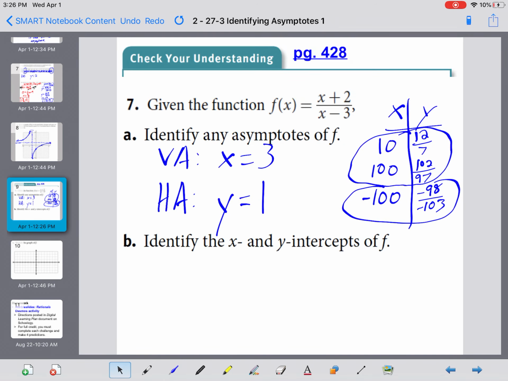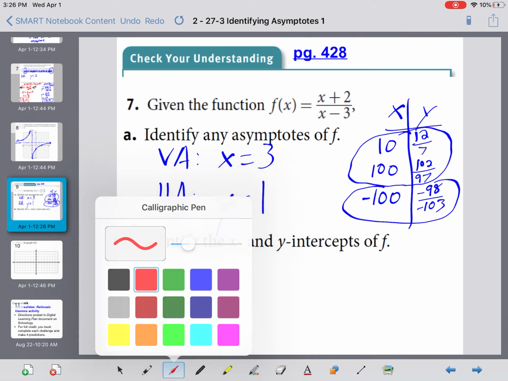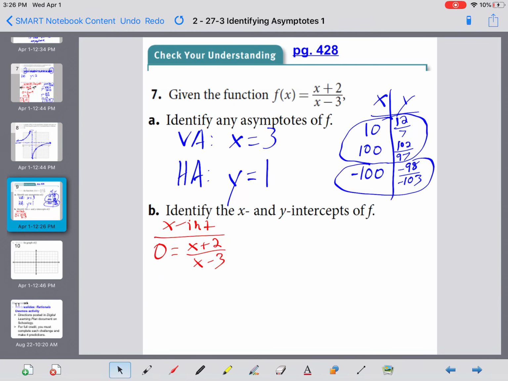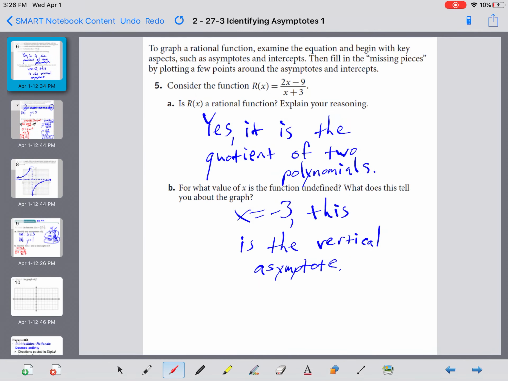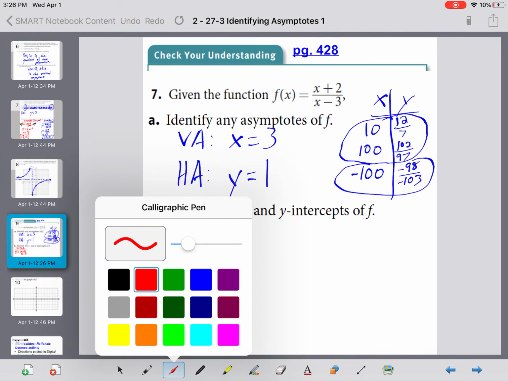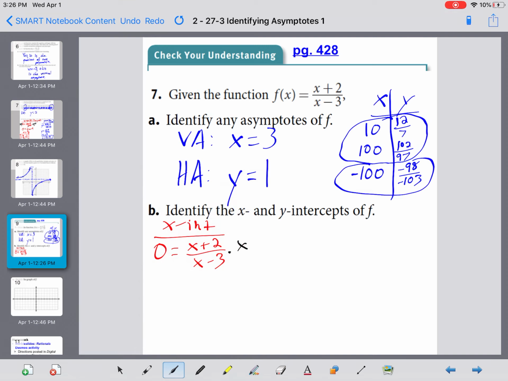Okay. Now, x-intercepts. For x-intercepts, we plug in 0 for y. If I plug in 0 for y here, I get 0 equals x plus 2 over x minus 3. I multiply both sides by the denominator, x minus 3. Now, you're going to see a pattern here. The x-intercepts will always come from the numerator of this fraction, if there's just one fraction. So you've got to be careful. But if I multiply both sides by x minus 3,